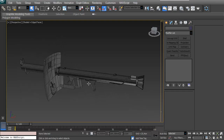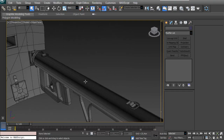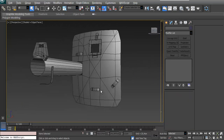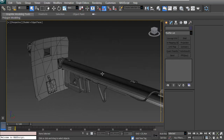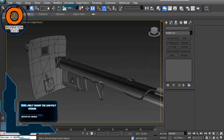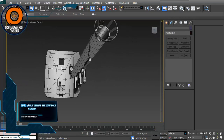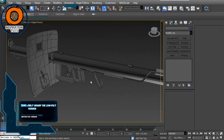So the first thing you need to keep in mind, if this is a model that you're going to do for games, this is actually a low poly model that I'm working on right now, and I'm going to make a tutorial about it very soon. And we actually did the modeling. Next is going to be unwrapping and texturing. So this model is actually very low poly, as you can see here, less than 10,000 polys, I believe. And if this is gonna be for games, you want to unwrap the low poly, because